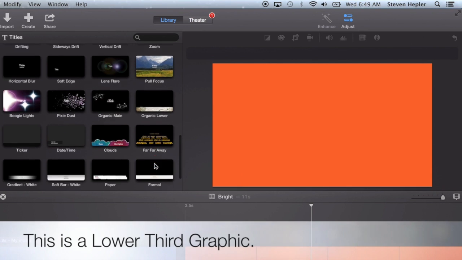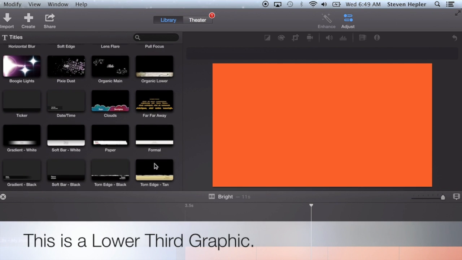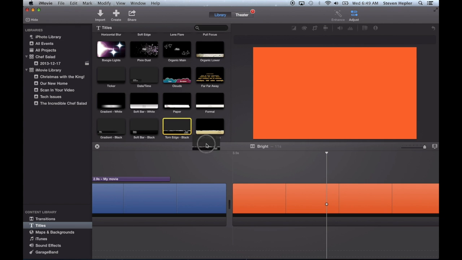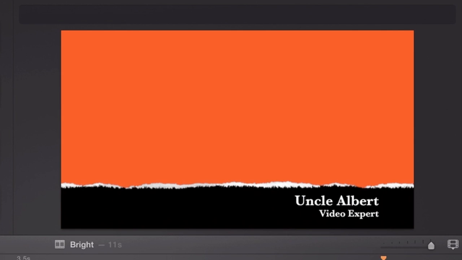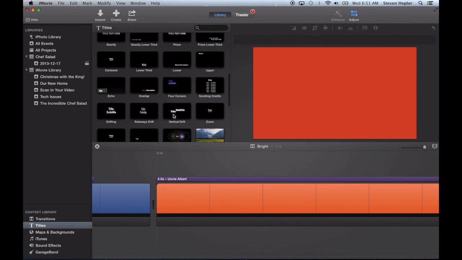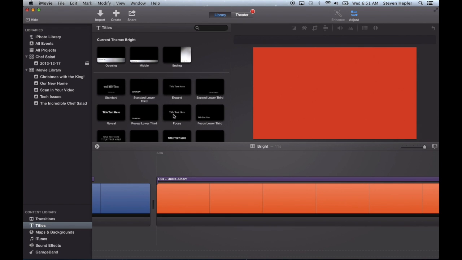It's a way to put words at the bottom of the screen and still keep your audience paying attention to what is up here. Notice there are several of them at the bottom. Let's click Torn Edge Black and take it down. Oh look, I'm a video expert. Isn't that nice? When you use graphics, when you write things on the screen, we have a temptation to use